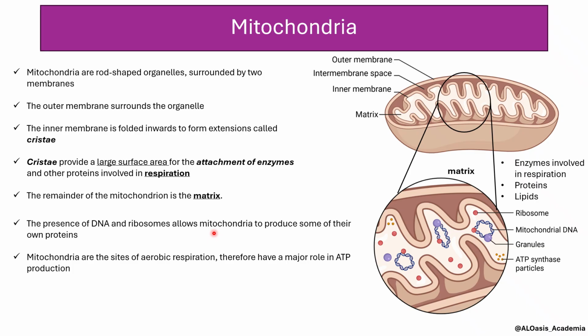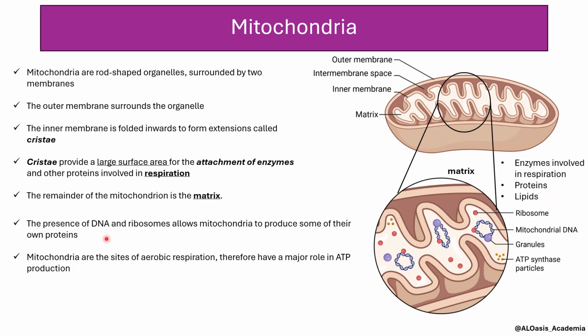Because as I mentioned in a different video about how proteins are made, you have a DNA, the DNA will be transcribed into an mRNA, and then the mRNA will be translated into the protein, and you would need a ribosome to do that. Again, the process is explained in way more detail in a different video. Please have a look in my channel, you will find it there. However, you need to understand this idea that the mitochondria can make some of their own proteins